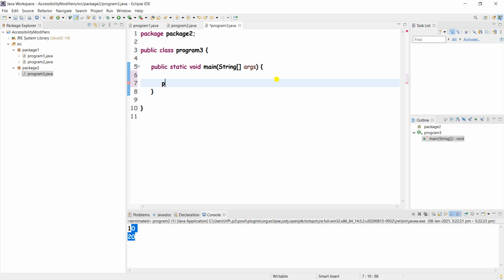We'll create one object, package1 equal to new package1, okay. Now what error is coming here?